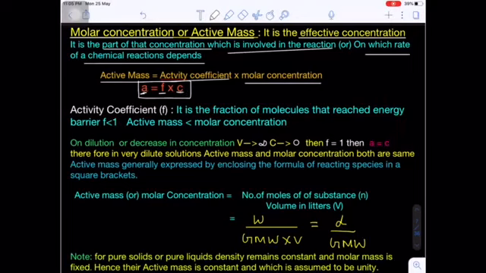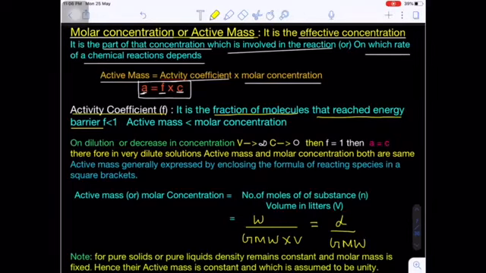Now the activity coefficient F is the fraction of the molecules which reached the energy barrier. Let's suppose we have 100 molecules. In the reaction, these molecules try to collide with each other to increase their kinetic energy. Thereby, if the molecules cross the reaction energy barrier, definitely they